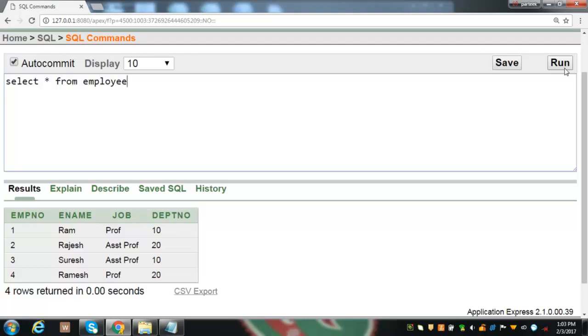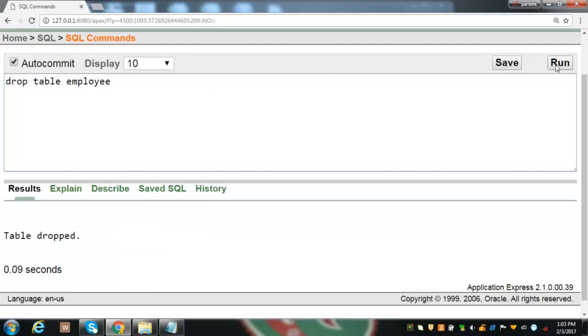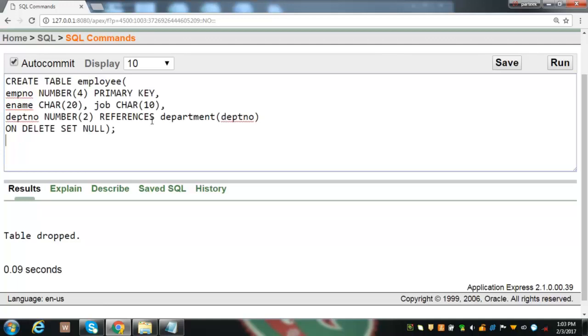To demonstrate this concept, let us first drop previous employee table and create new table. Table has been dropped. Now I am going to create employee table with on delete set null option. Table has been created.